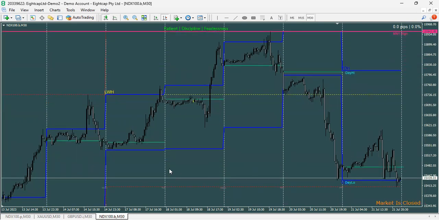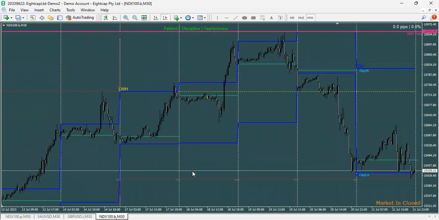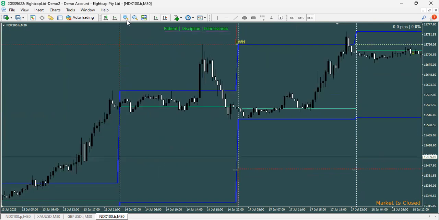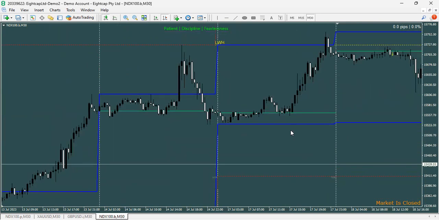As you guys already know, if you've been following me, the way that I trade is highs and lows. I trade off the highs and the lows, but I'm also using the most recent high and most recent low of that current day. So as you guys can see here on Monday, let's blow this up. You can see here on Monday,